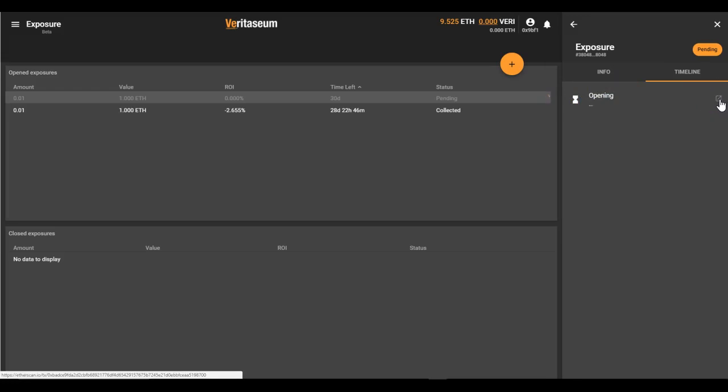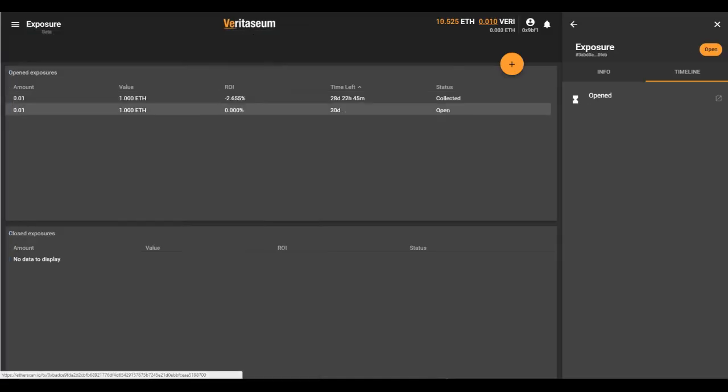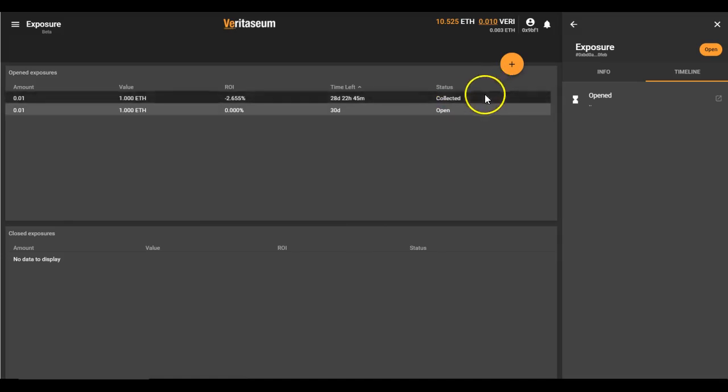We could actually go out and look at the blockchain transaction here. I'm going to go ahead and open that on my other screen just so my address and whatnot will stay private. Okay, so we see now the status has changed to open,